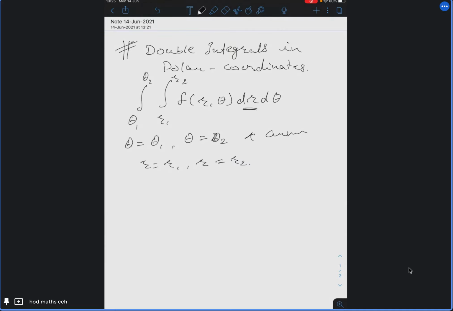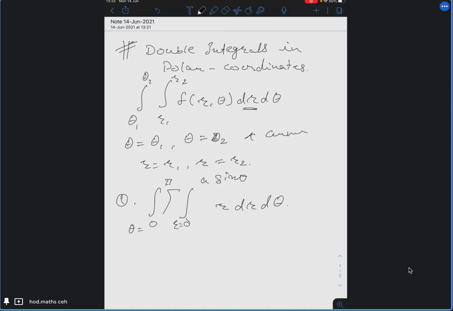So let us solve a few problems here. See here, what is theta? Theta is the angle and r is the radius vector, you can say. So if I give a problem like this, integral 0 to pi, integral 0 to a sine theta r dr d theta, it's a direct question. As you can see, the limits of theta are from 0 to pi, and the limits of r are from 0 to a sine theta. So this is our limit.